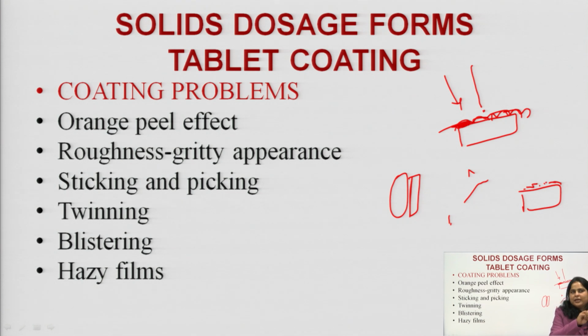Then the tablets can show a blistering effect, right. Blisters can be formed on the tablet surface, thus failure of the tablet coating process, and then it can give hazy films. For example, if we make use of cellulosic polymers at high temperatures, they give dull, hazy films, not very clear films, right. So, what our core material is, what the coating polymer is, how we are carrying out the technique, and what the rate of atomization is, all these are important for a successful tablet coating process.